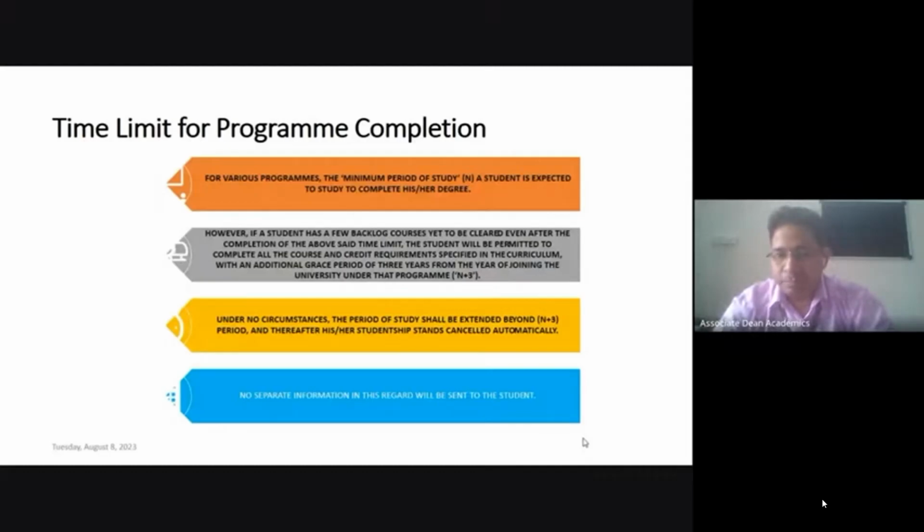Ideally, you should complete your degree within the specified time limit only, which is 4 years for BTech and 5 years for integrated MTech. But due to medical or any other reasons, if you are unable to complete your credit requirement within the minimum time, we will give you extra time up to 3 years.